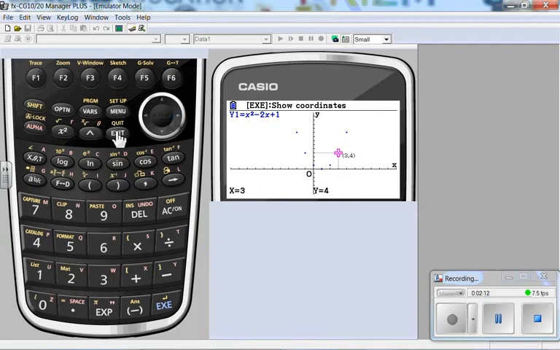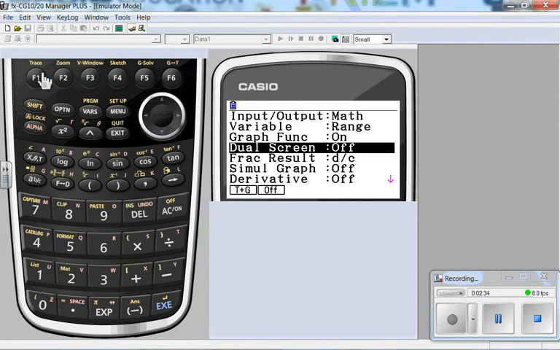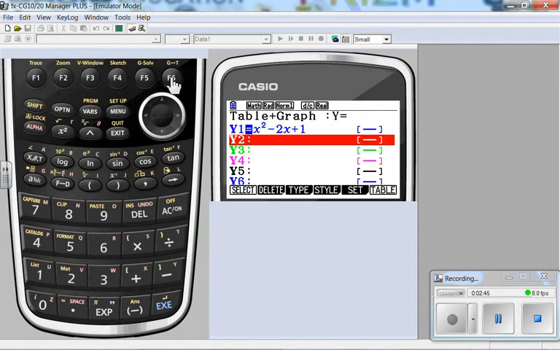Real nice. But what I really want is to combine the power of the Prism here. I want to make sure that I see what I'm graphing, what are the points, what's the value of the point, and the table of the values all at the same time. So I'm going to go ahead and set up turning on my dual screen. I'm also going to turn on the derivatives at this time because I want to be able to see the derivative of each one of those points. It's a great visual.